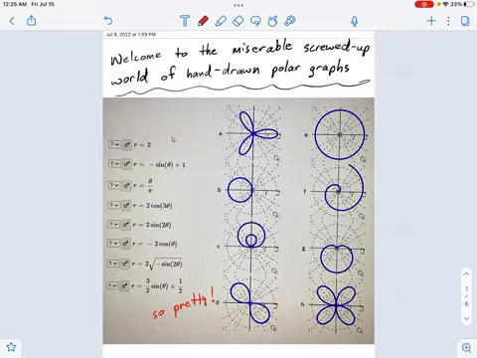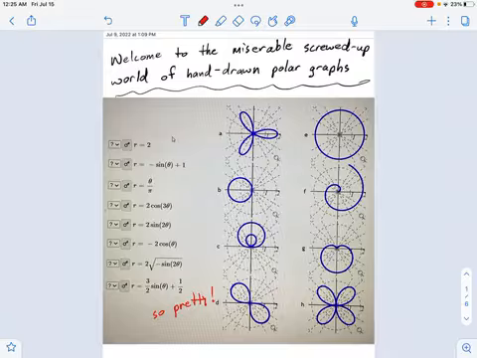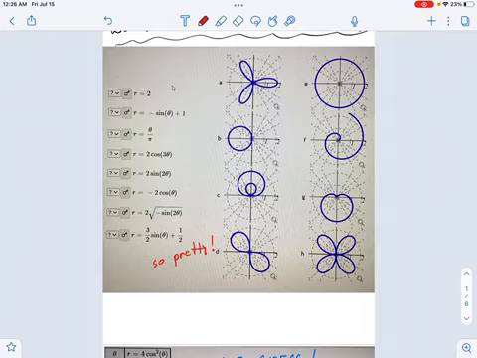But a lot of the rest of these things, to really give a full discussion about the symmetries that cause 3 flower petals or 4 flower clovers or these loopy things or these things with the belly buttons, it would take a while to really get into how you graph polar plots elegantly, talking about all the stuff. And I just don't want to spend 4 weeks of class on this or really anything more than half a lesson. So we're going to get you through the nitty-gritty that you need to graph these things,